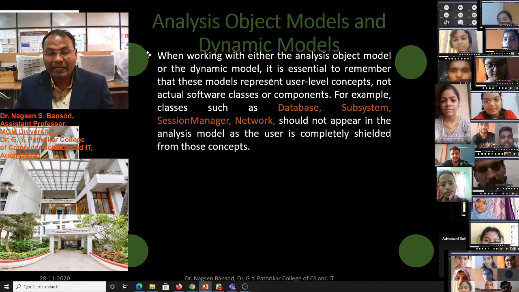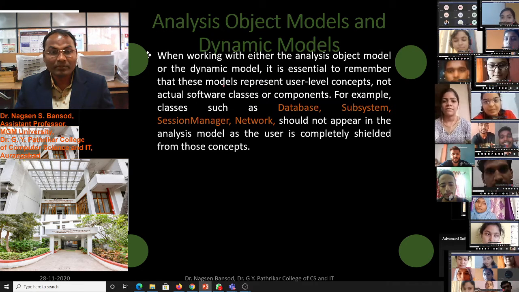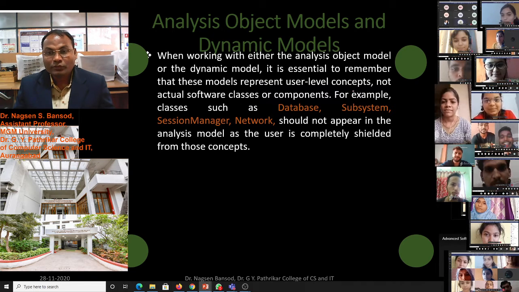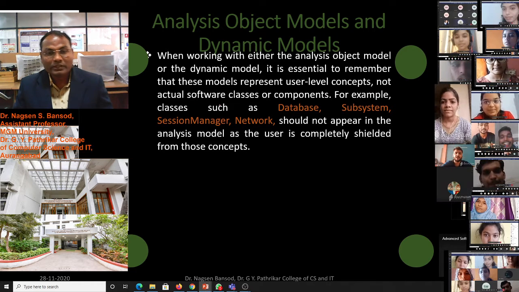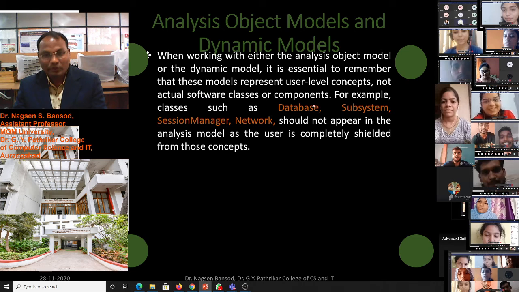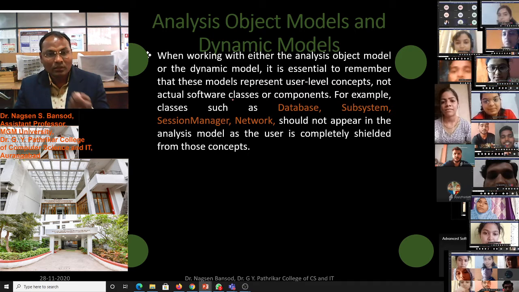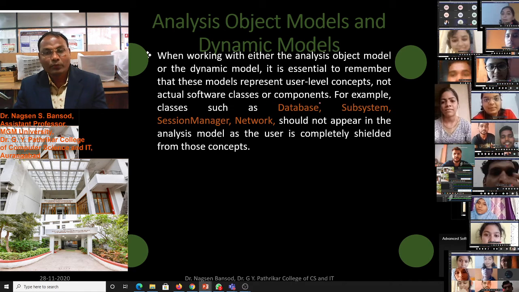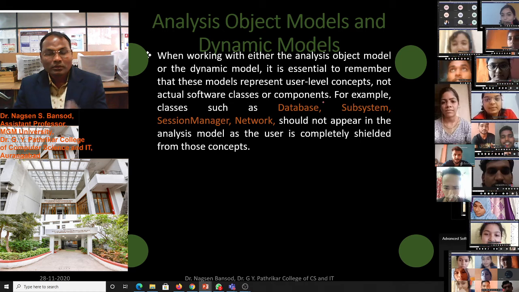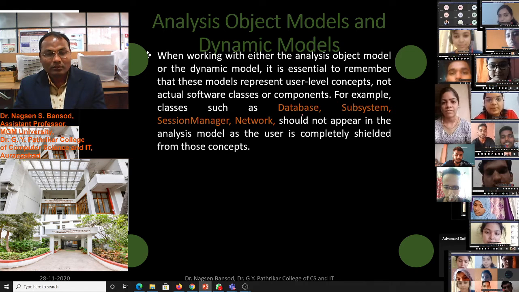When working with the dynamic model, it is essential to remember that these are user level concepts, not the actual software classes or components. The user level concepts which we have acquired from the user are not the actual software classes or components.